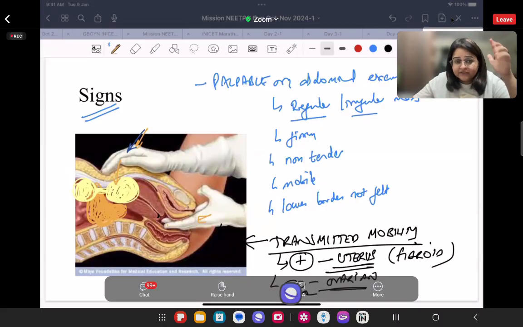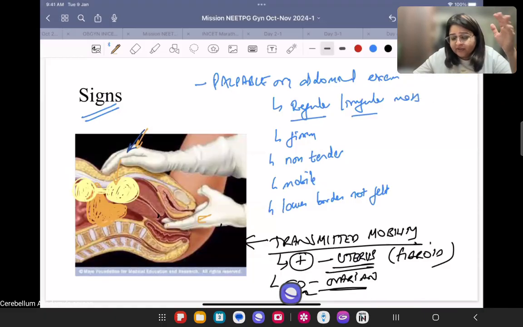Is a pedunculated uterine fibroid or a broad ligament fibroid, and an exception to the rule of ovarian mass which has